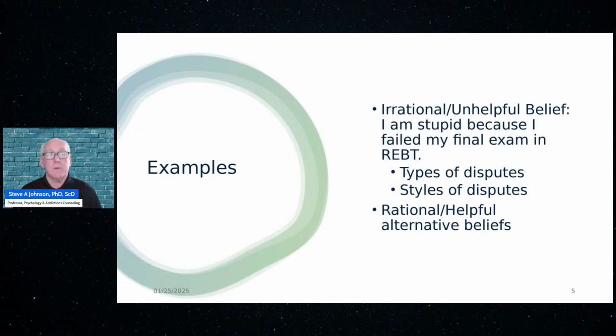And so the rational alternative would be preferential language. The second kind of irrational belief that we discussed last week was awfulizing, or in CBT they would call it catastrophizing. That's when we believe about something that it's terrible, it's horrible, it's awful, or similar language. And again, sometimes we use that language, but we don't mean that it is 100% as bad as it could be. But if we're truly awfulizing, we are believing that it is 100% as bad as it could be. So we check that out with the client.